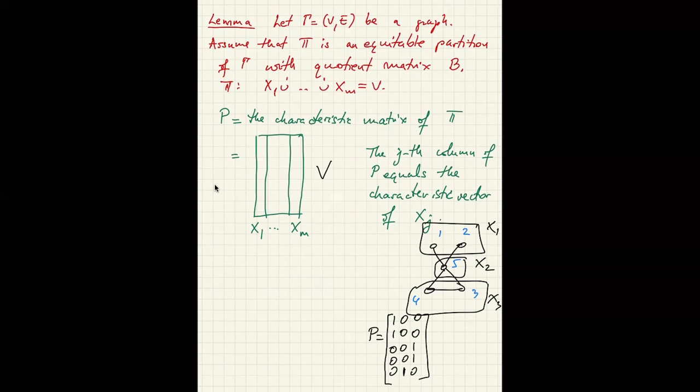So what we'll prove here is a general result. We have an equitable partition. We have the matrix A, the adjacency matrix A of the big graph. We have this quotient matrix B, and we have this characteristic matrix which keeps track of the parts in the partition. So what we'll prove is that, one, this is the most important result, A times P equals P